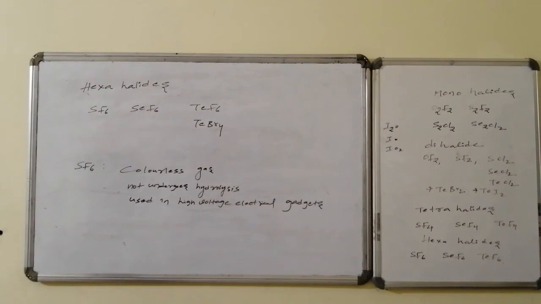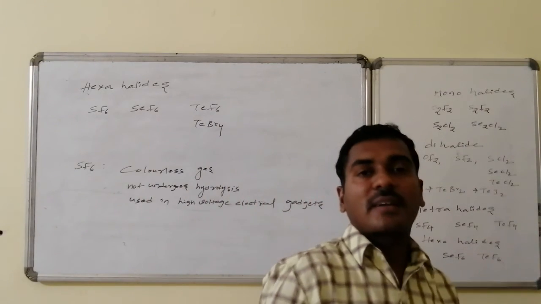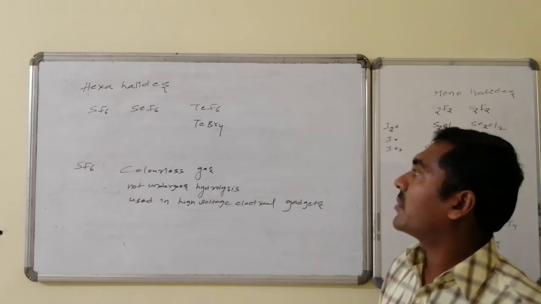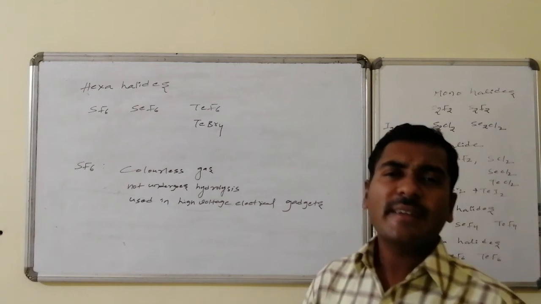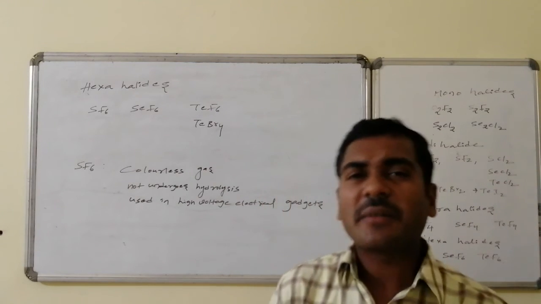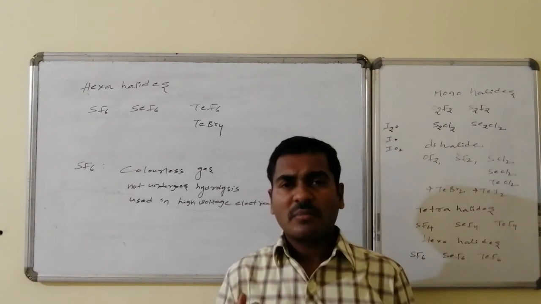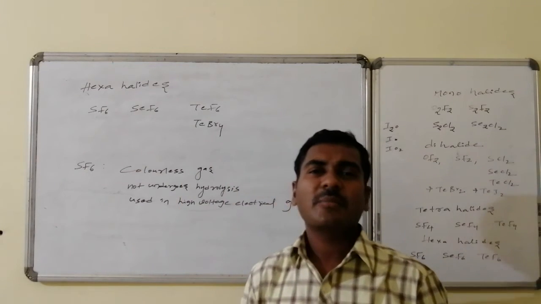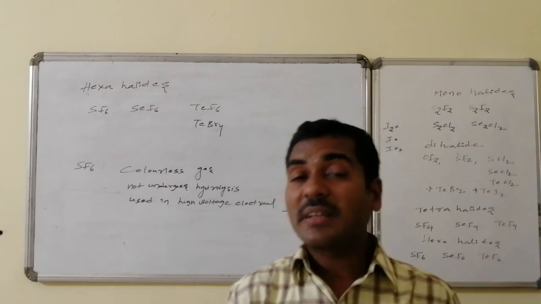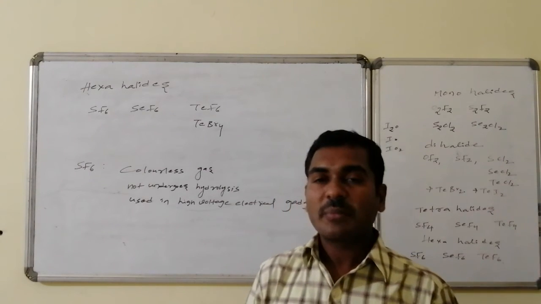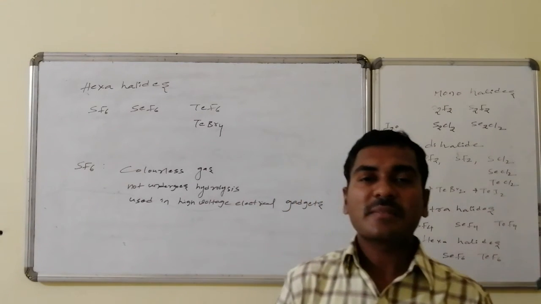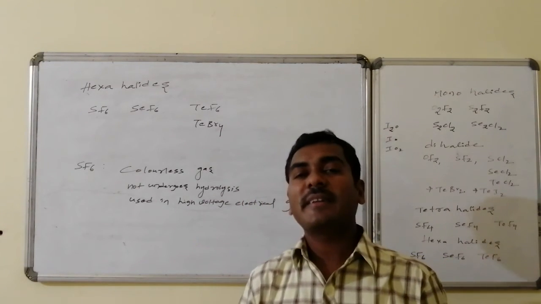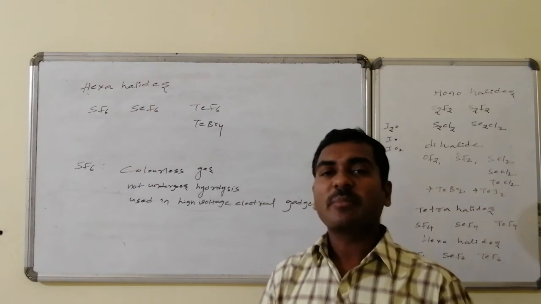Hexahalides, that is, chemical combination of a 6th group element with 6 halogen atoms, are said to be the hexahalides. The important hexahalides are sulfur hexafluoride, selenium hexafluoride and tellurium hexafluoride. Fluorine is most electronegative and it combines with all the possible 6th group elements and forms the hexahalides. Thus hexafluorides are present, but you can't expect hexahalides of the other halogen atoms with the 6th group elements, because the bond energy decreases. As bond energy decreases, chemical combination strength decreases, hence the appearance of that material decreases.